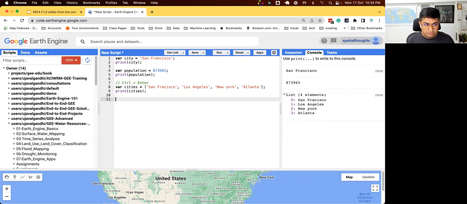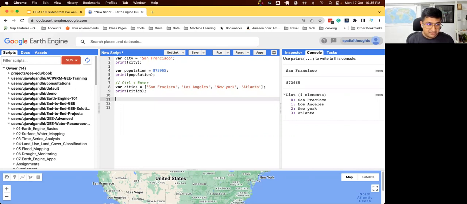So this is one way to put multiple things together. There's another way to put multiple things together. One of the problems with list is you just put stuff in, but you really have to remember the index of each item if you want to recall them. This is great for a list of things, unstructured data. But if you have structured data, you may want to say, I'm creating this data. I know I have a name for each item, and I want to use the name to extract value later on. So if you have structured data, a better structure to put them together is something called an object,